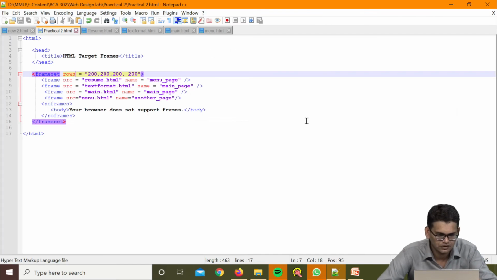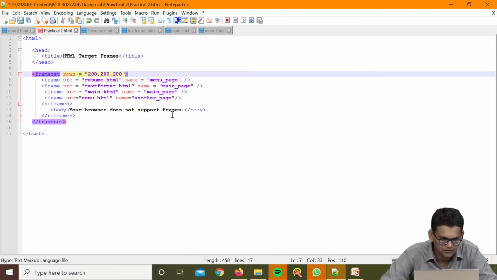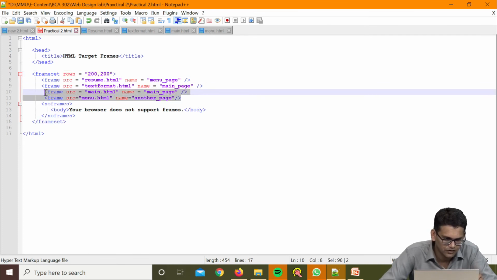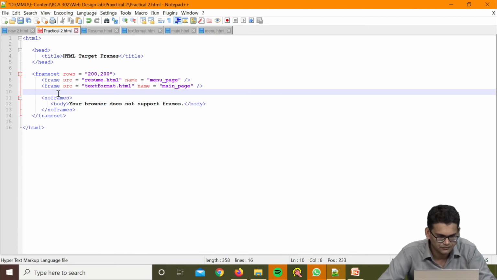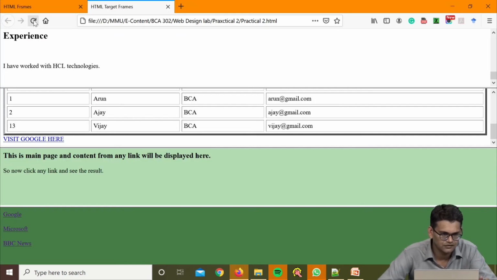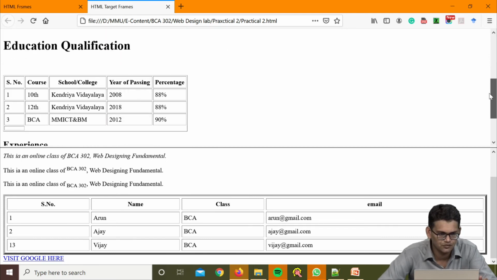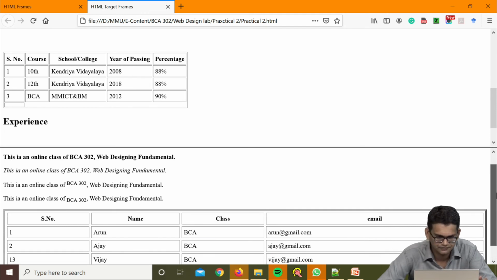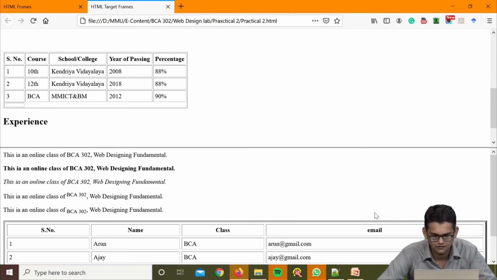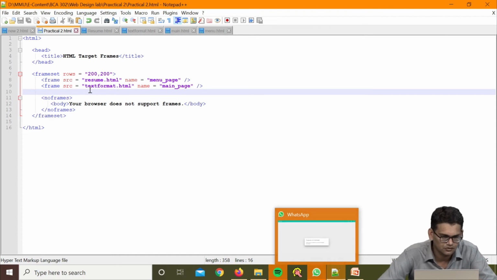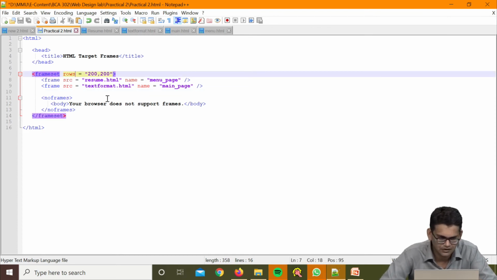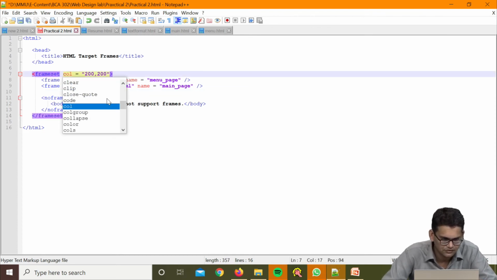Now we want to do this in 2 columns. So, we need to remove the size from here, since we need only 2 columns, right. If we need 2 columns, then we need to delete 2 frames also. Now, save it and refresh it. You can find there are only 2 sections, the first section for the resume and the second section for the text content. And if you want to convert this into columns, you can change it here and write cols,